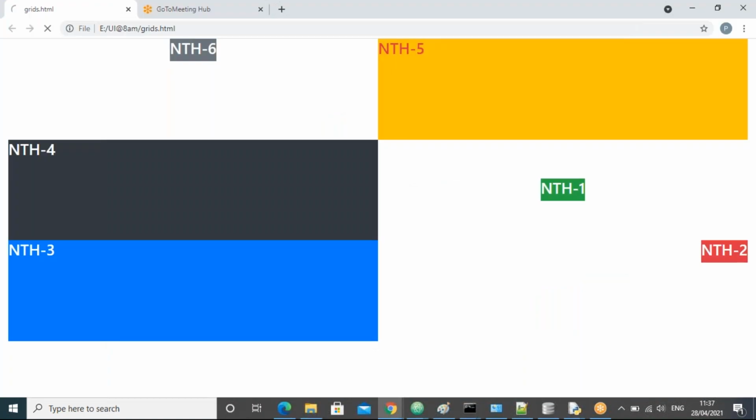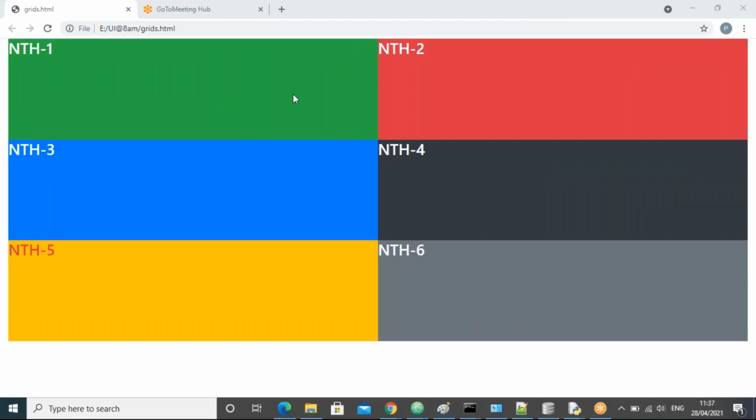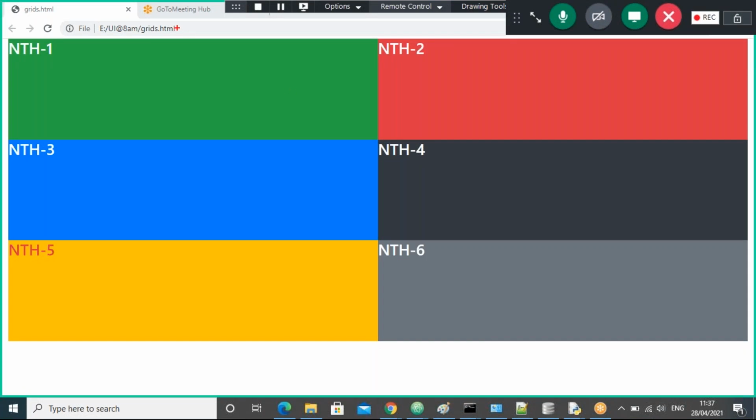Let's go here and refresh. Now you can see, guys, the right order came: 1, 2, 3, 4, 5, 6. Now in grid one, guys, I want to take some nested grids, some subgrids, some sub boxes here in this one. So for that, what do I do? I'll take the NTH1 completely, the row, guys. Let us see how to take the NTH1 completely.